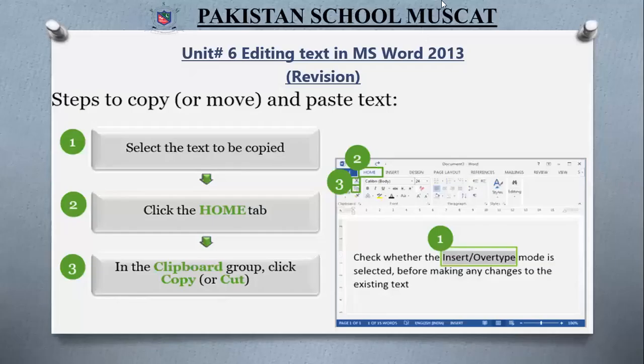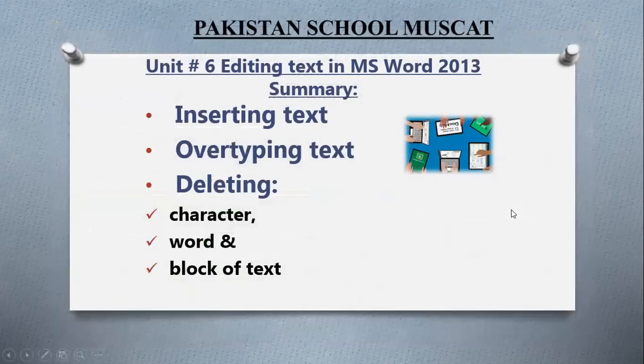So now you can see, in the Word window, we have practiced how to copy or move and paste the text. First of all, you need to select the text to be copied and then click on the Home tab. In the clipboard group, you have the copy, paste and cut options. When you carry out that one, you can move your text, or you can make a duplicate copy of your text as well. I hope it is clear to you, my children, what we have discussed today in this lesson. For your assessments, I wish you the best of luck.